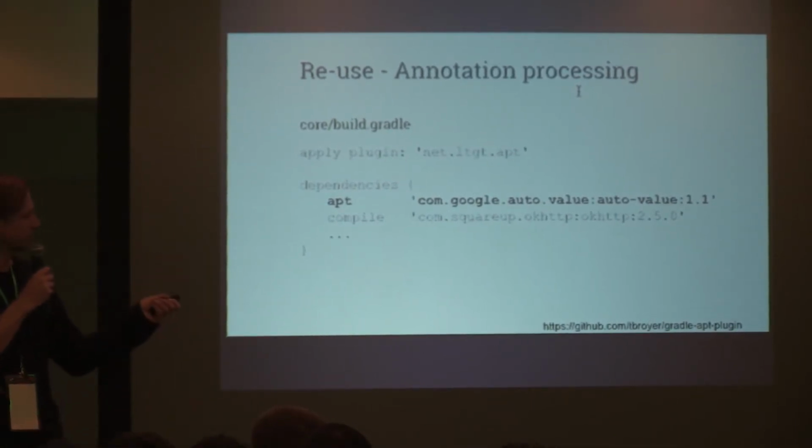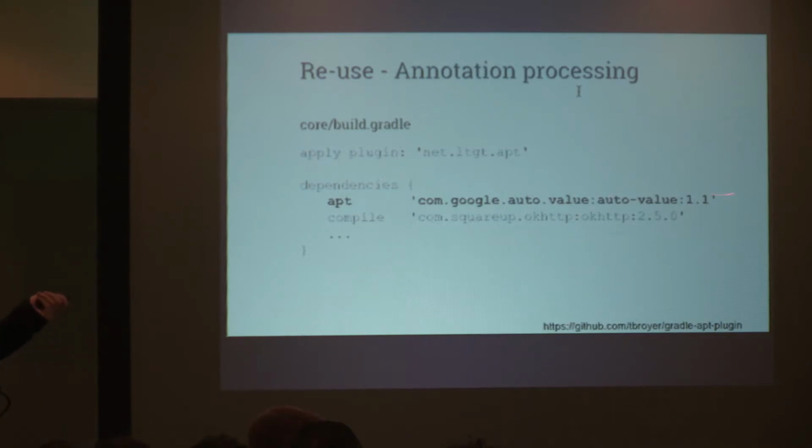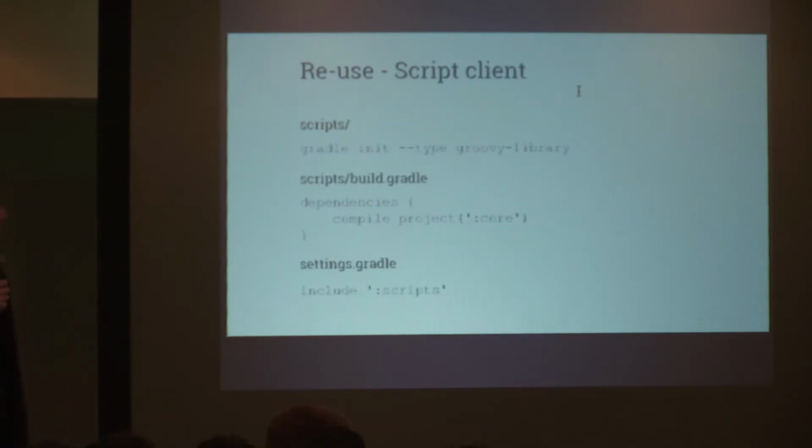There are some minor quirks still with auto value because it comes as one library, so it's not separated into the runtime and the compile time dependencies. But for runtime, you basically only need two annotations, I think, so it's easy to just move the annotations out and then put auto value on the annotation processor path. And so yeah, we might want to fiddle a bit with our core module and maybe write some